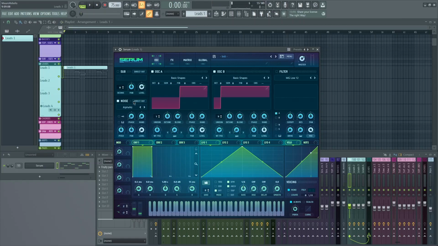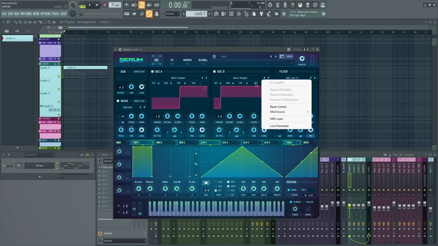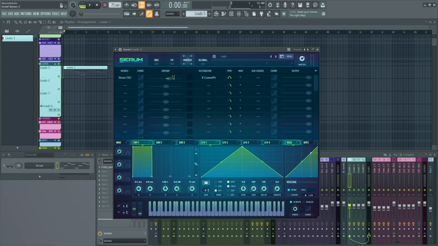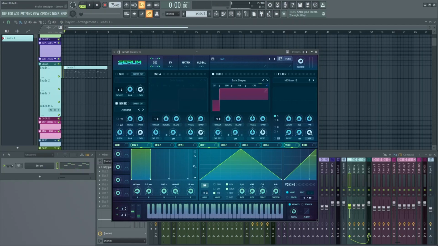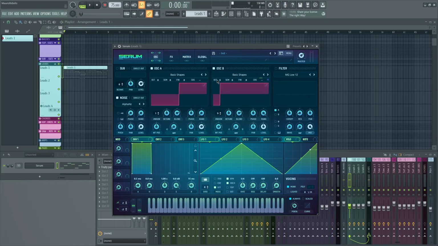Now we are going to use the noise oscillator. We're going to modulate the coarse pitch with the noise oscillator. So basically we're going to go over to coarse pitch, right click, select mod source, and then go over to noise oscillator. We're going to go over to the matrix and we want to mess around with the output setting. This is at 100%. We can turn off oscillator A just to listen to oscillator B in a more detailed way. We don't want too much of this modulation, we just want around 15%. And we want to raise this an octave up from oscillator B,